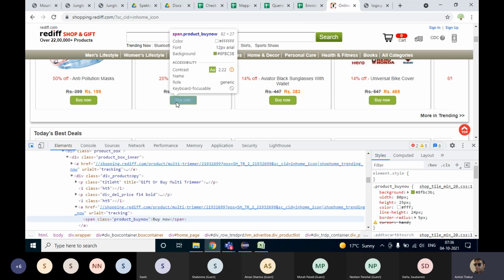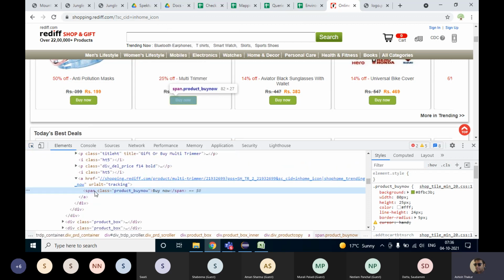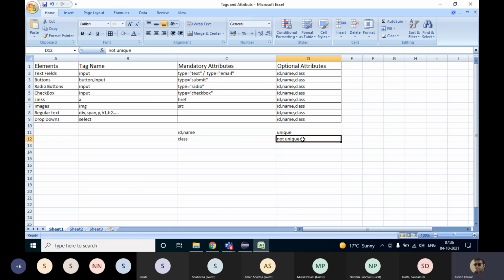If I look at the second buy now button, it's also a span with the class product-buy-now. So these buttons have the same look and feel, they have the same class. So class is not unique.